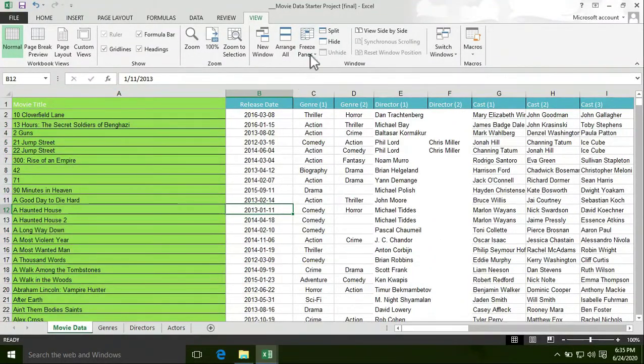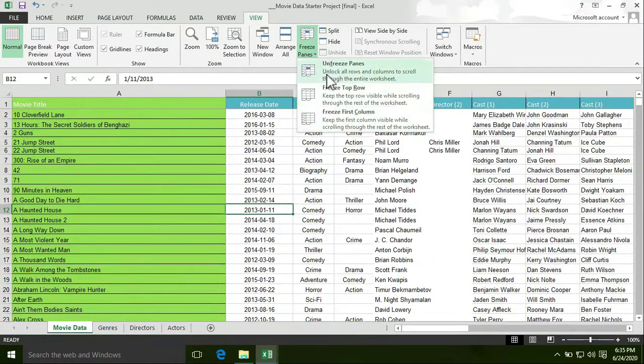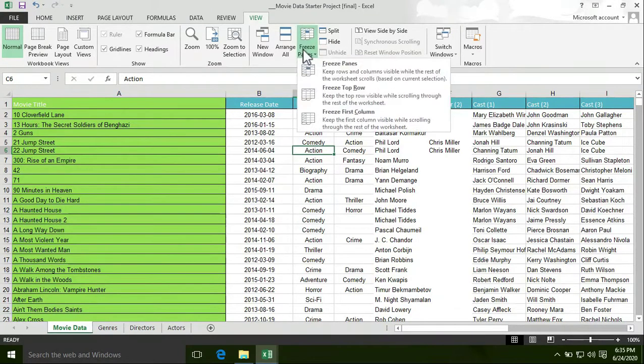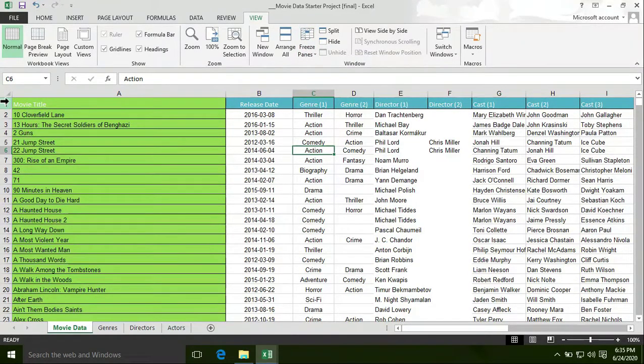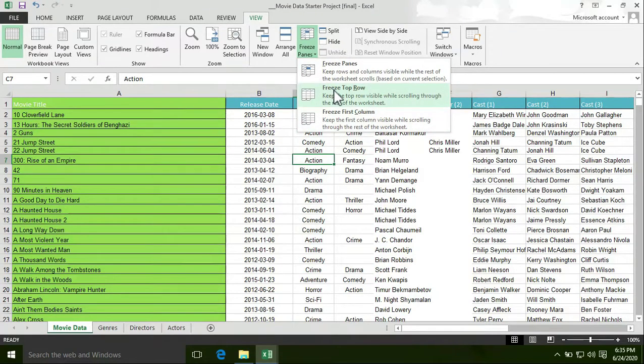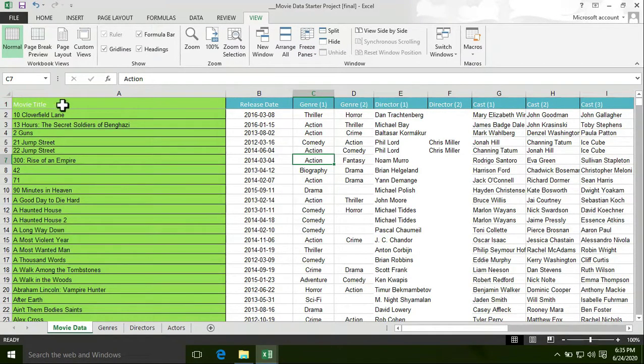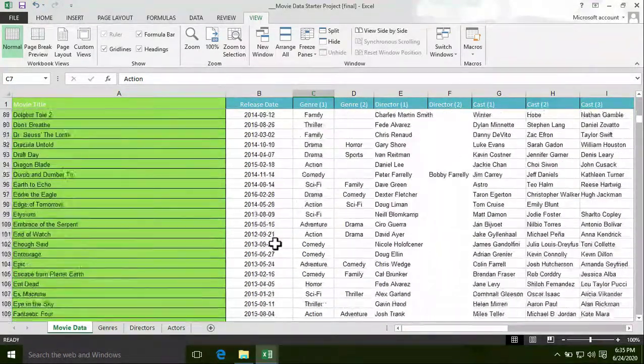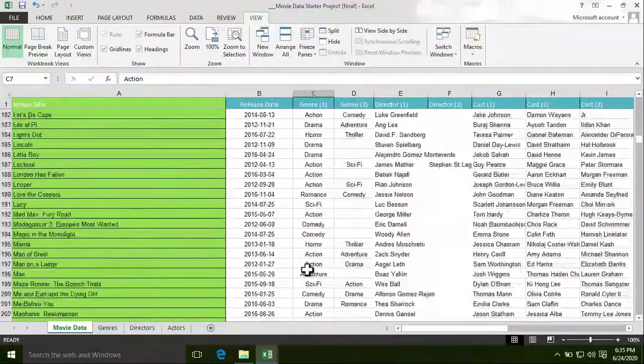Now let's click on unfreeze panes. Now I want to freeze only the top row, or first row, of this Microsoft Excel workbook. Select freeze panes, then select freeze top row. Now this top row, movie title, release date, genre, director, is frozen because I only froze the top row.